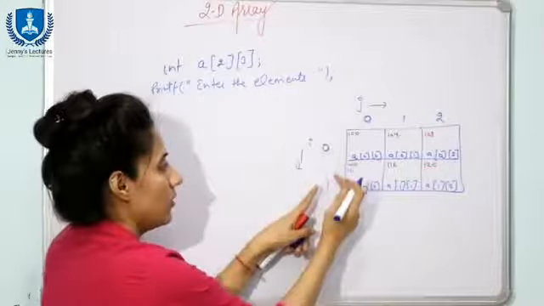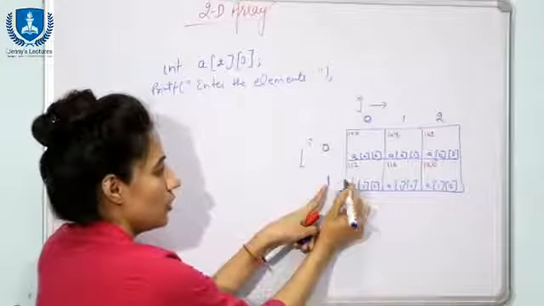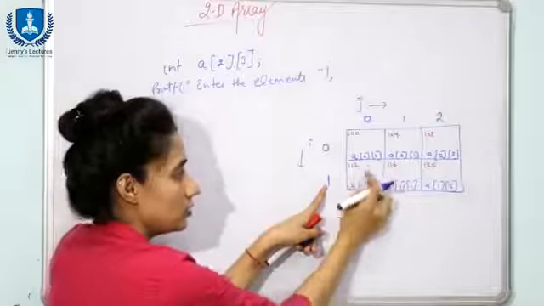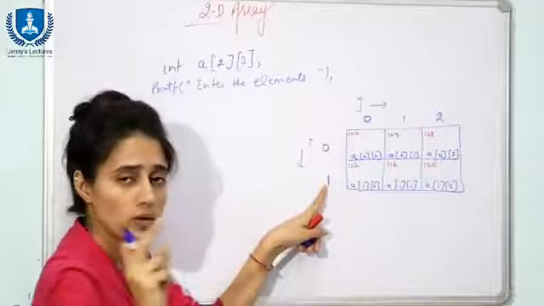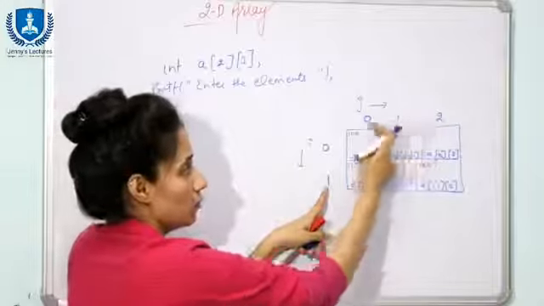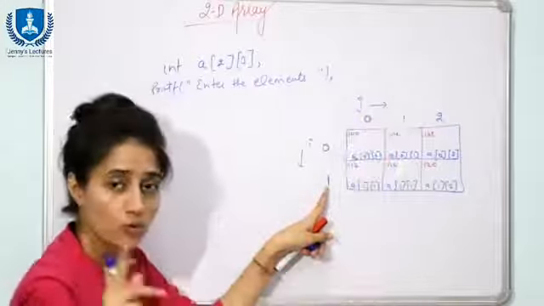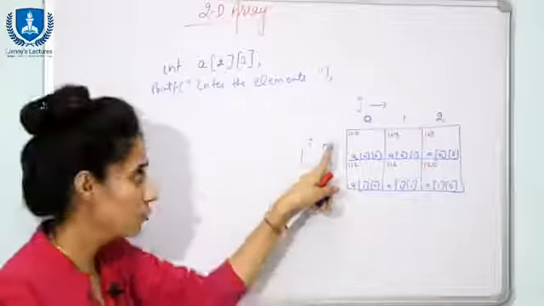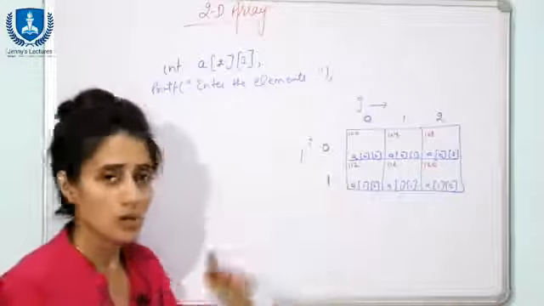Now after that the i value would be incremented, i becomes 1. Now we are in this row. In this row also, how many values are we going to store? 3 values. So for this we take another variable. So 2 for loops would be required: one for loop for the rows and one for loop for the columns.